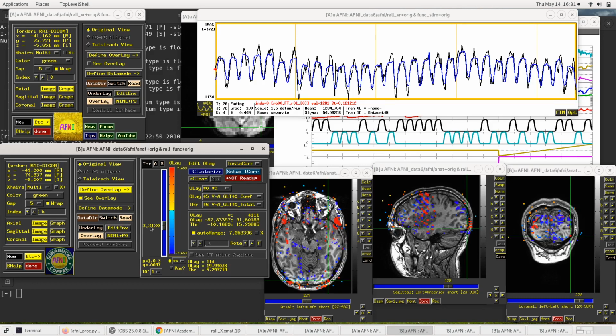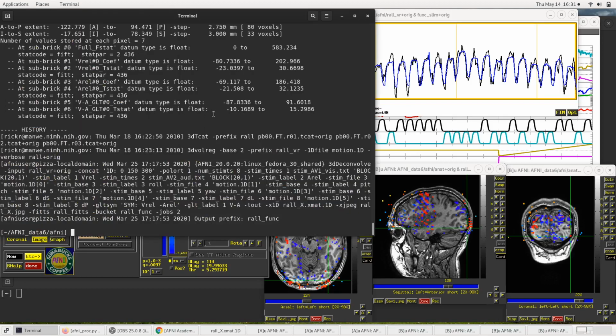That happens to come out to a t-statistic of 3.3. So this is a two-sided test that we're thresholding by. We're thresholding both positives and negatives, and with p equals 0.001, and if you come up to the data set, we've got